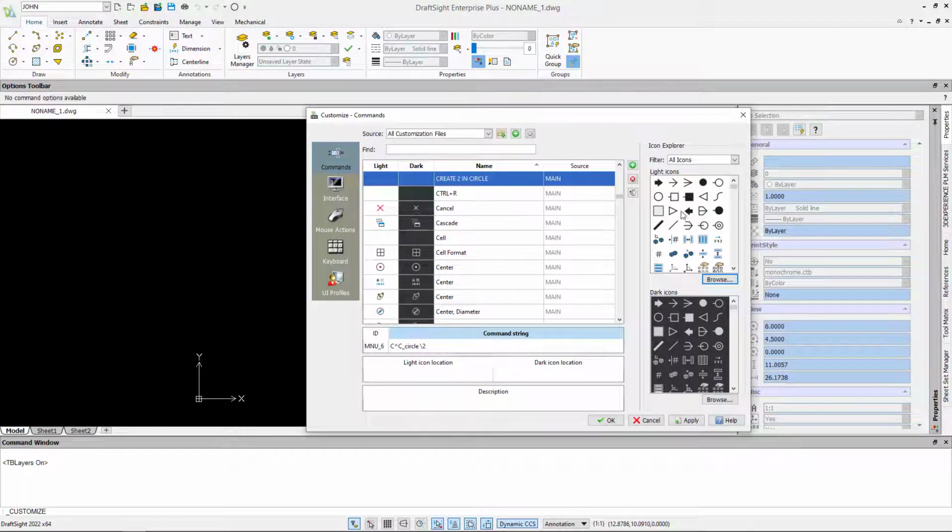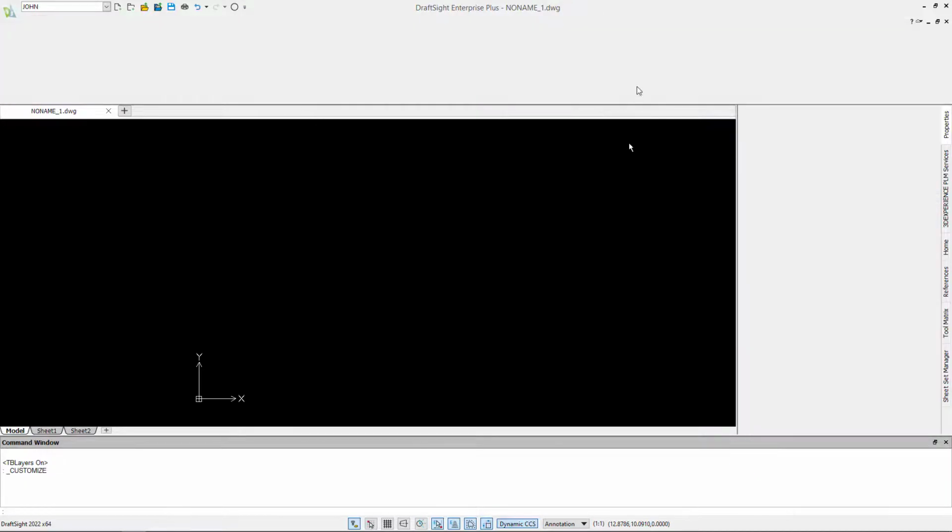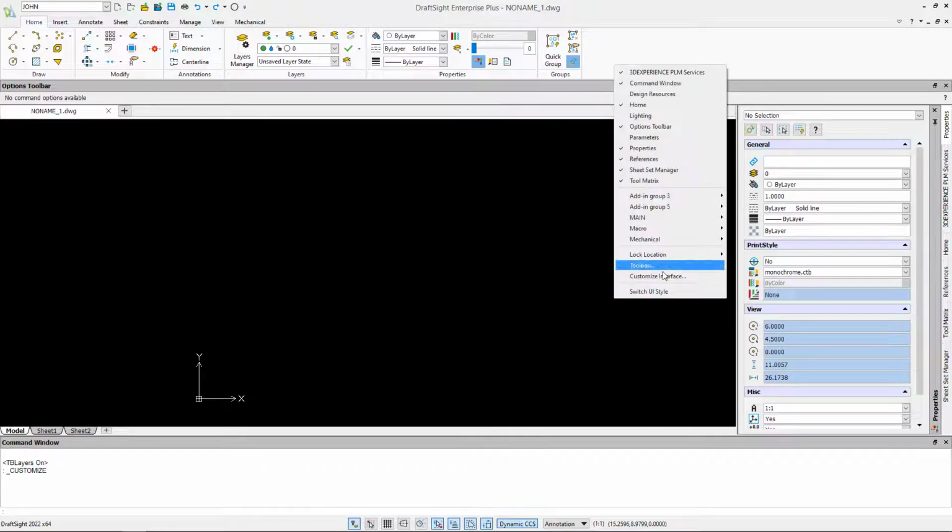And what I'm going to do here is, for my create circle, we have a light interface and a dark interface inside of DraftSight that's relatively new. But I'm going to click on this little circle icon, add that, and when I double click on that, it's going to add it to that command. I'm going to do the same thing down here, double click on that, so it adds it in here. So now that I have that, if I actually hit OK and come back into the customized interface,